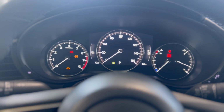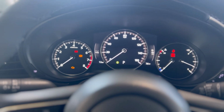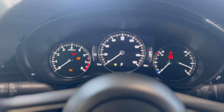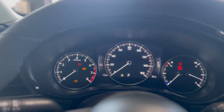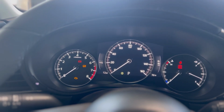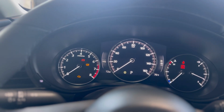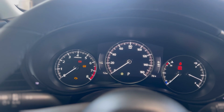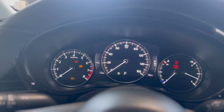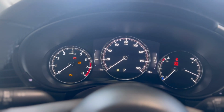And then right in between the center cluster and the cluster to the right, you'll see also a fuel gauge there, which is digital. And then your center cluster, which is completely digital. And then in between the center cluster and the cluster to the right, which is your RPMs, you'll have a fuel range there, which is kind of gauging the range of the vehicle, which is also digital. And then an analog